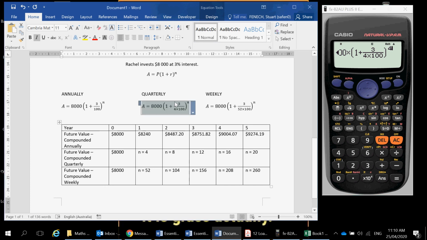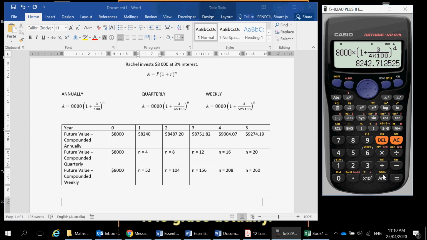Right, so I'm using that formula with n is 4 because that's what you'll have after 1 year. And I get $8,242.71. I'm now going to use that trick again where I'm just pressing back on the calculator and changing the value of n. So at 2 years, when n is 8,